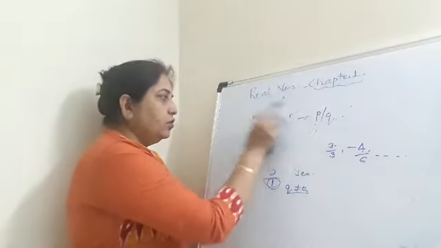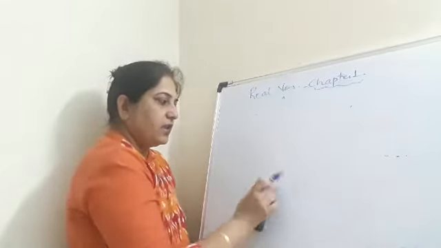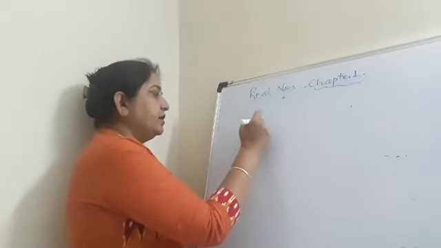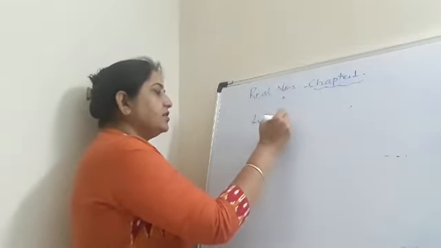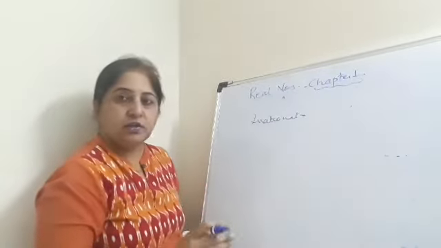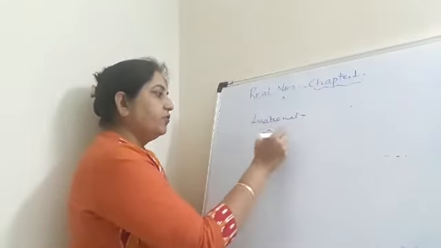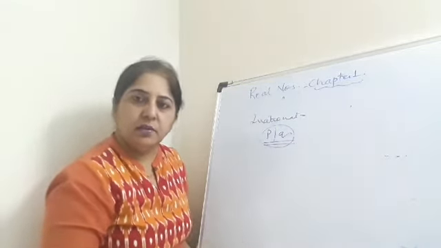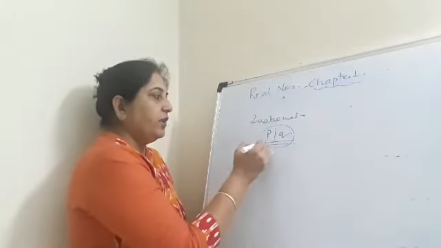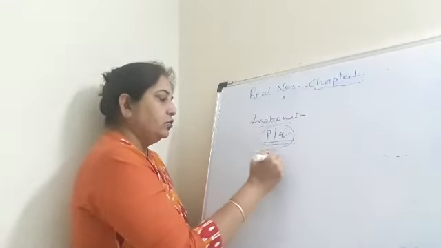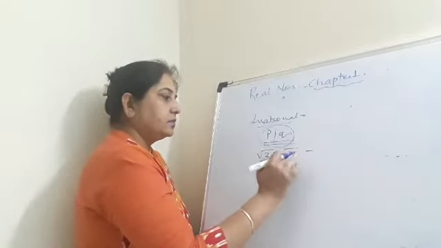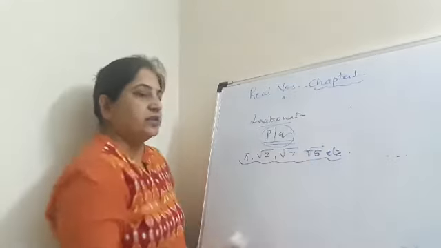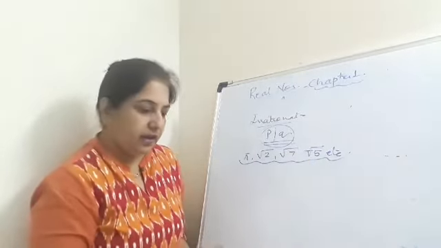Now, you also know in previous class, 9th class, you have studied what is a decimal form of the rational numbers. Okay, now what are irrational numbers? Irrational numbers are the numbers which we cannot write in the form of P by Q. Such numbers are called irrational numbers. And together rational and irrational numbers make up what? Real numbers. Now if I have examples of irrational numbers, I can write root 2, root 7, root 5, etc. Even pi is also an irrational number. Okay, so this is rational and irrational.